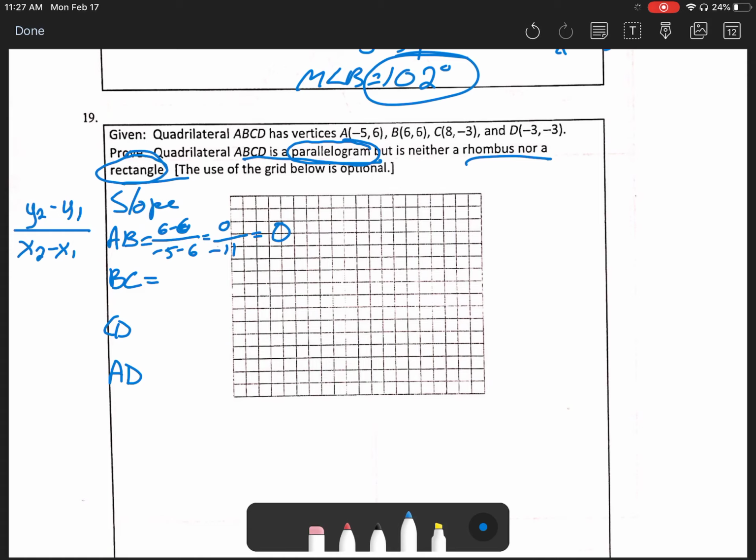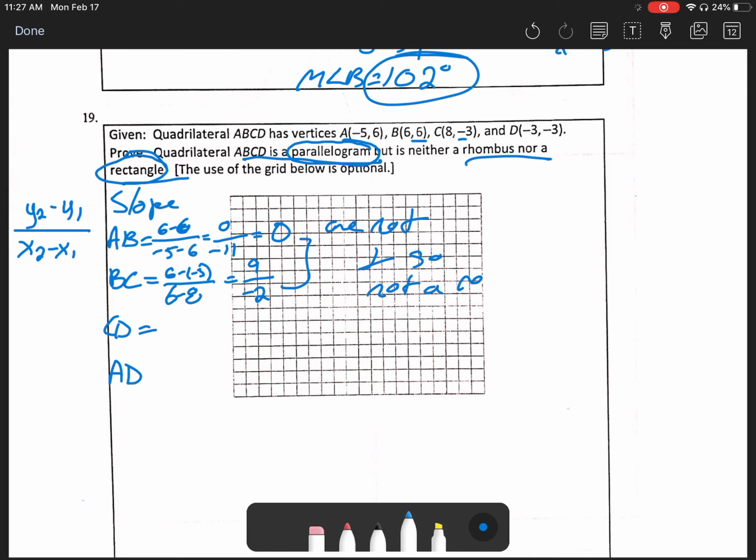B to C is going to be 6 minus negative 3 over 6 minus 8. So that's going to be 9 over negative 2, which they are not the same, or they're not opposite reciprocals, so I already know they are not perpendicular,